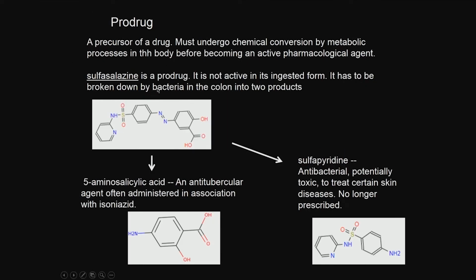Make a prodrug out of it. What is this prodrug? This is a precursor of a drug, and it has to undergo a chemical conversion by metabolic process inside the body. During that process the drug gets released, that is, the active pharmacological agent gets released. That is what is called a prodrug. So, the prodrug itself is not active, but inside the body, because of the presence of enzymes,